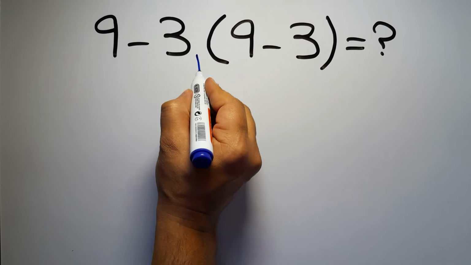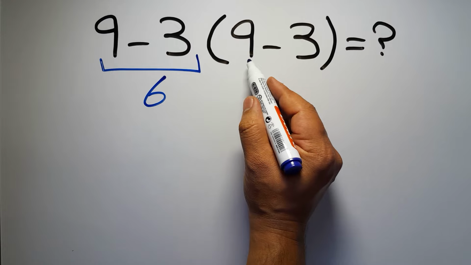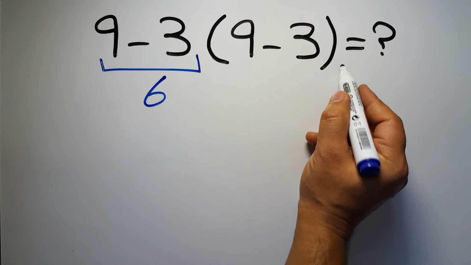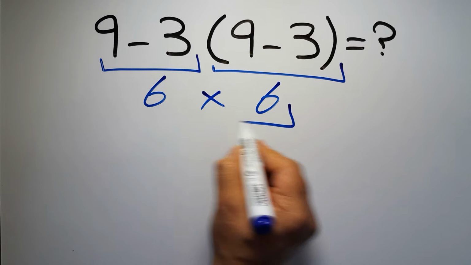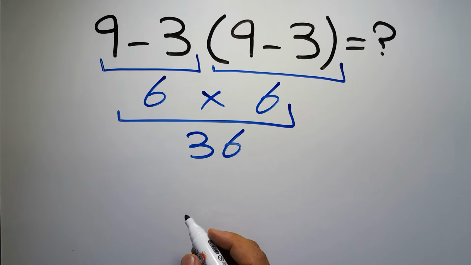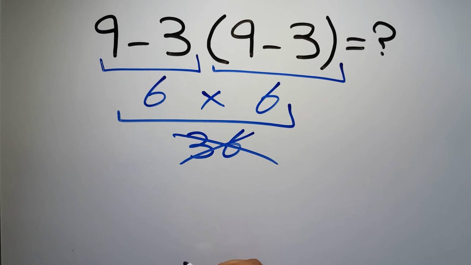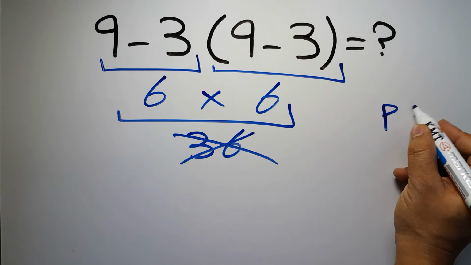9 minus 3 equals 6. And again here inside this parenthesis we have 9 minus 3. So 6 times 6, which equals 36. But this answer is not correct, because according to the order of operations, first we have to do parentheses, then